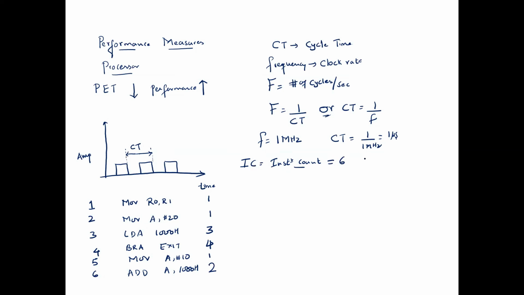Then we have the cycle count. Now each instruction will take how many cycles? 1, 2, then 3, 4, 5, 6, 7, 8, 9, 10, 11, 12. So these will be the total number of cycle counts. Each instruction will take its own cycle time. So that is the meaning of CT. And cycle count means the total number of cycles that the program is going to take to execute. So I need to just sum all the cycle times together, and that will represent the cycle count. And for the given piece of program displayed here, if I count the number of cycles, it turns out to be 12 in number. So that is the meaning of cycle count.